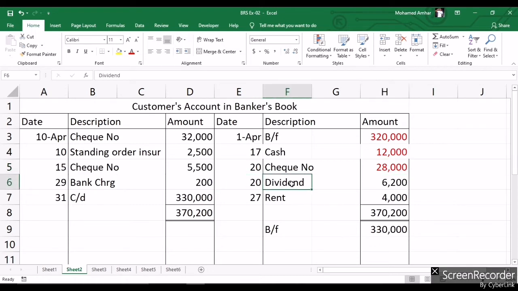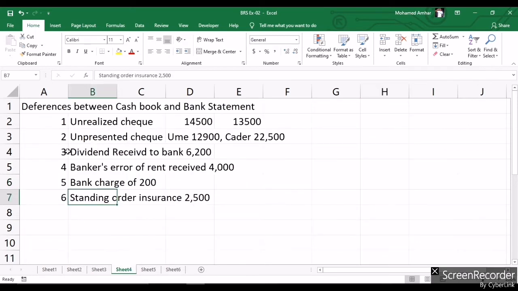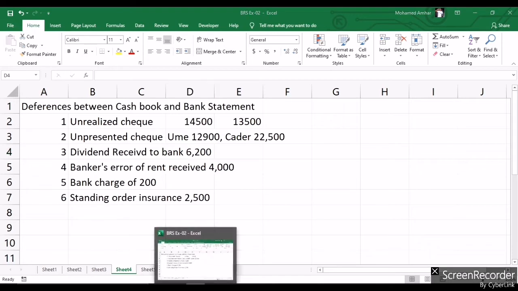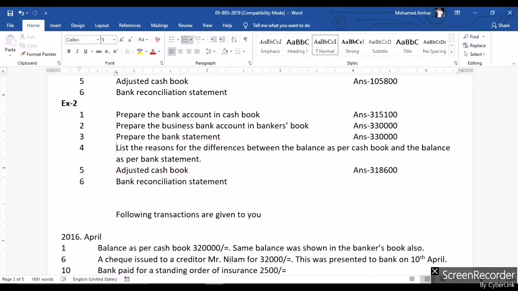On 20th the bank has received dividend 6,200. So this dividend received is not known to the organization, so this is also a difference. So that should be recorded. Dividend received 6,200, right? And then